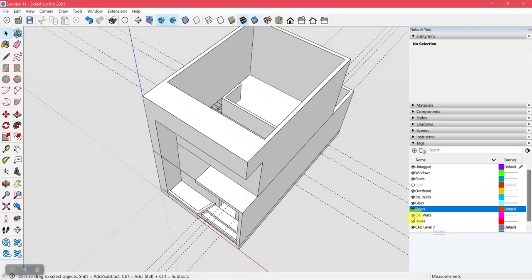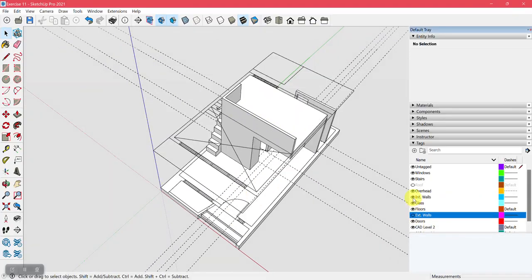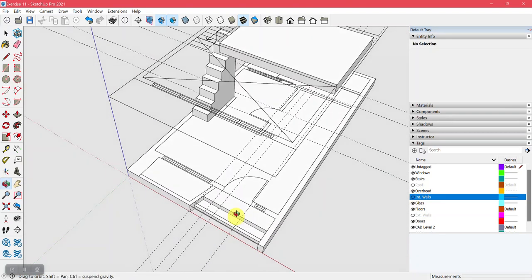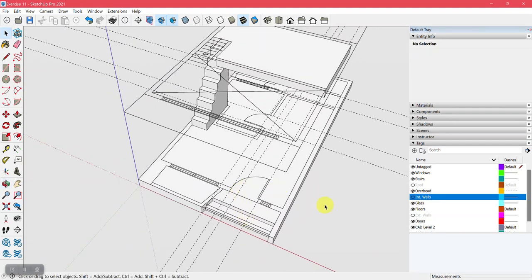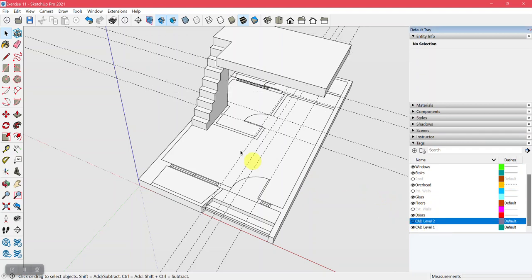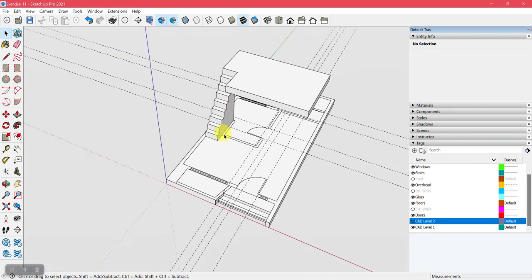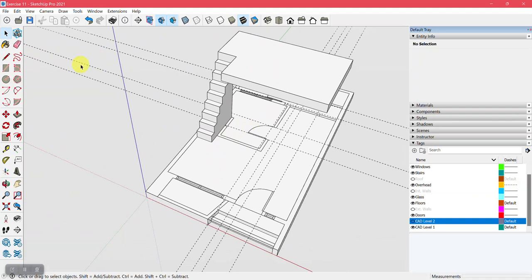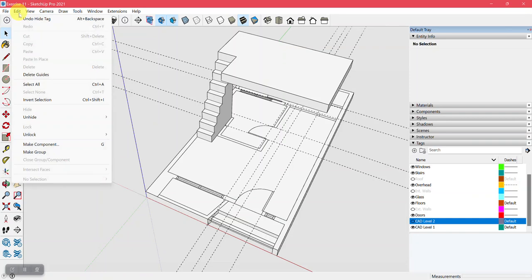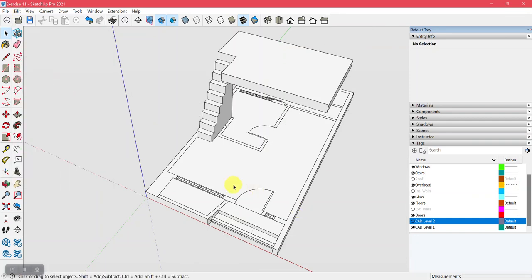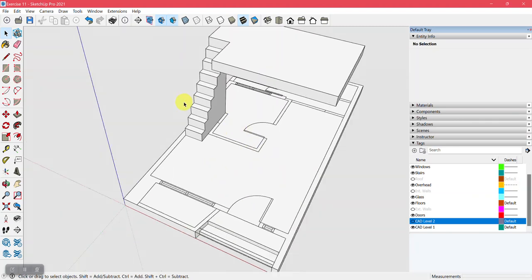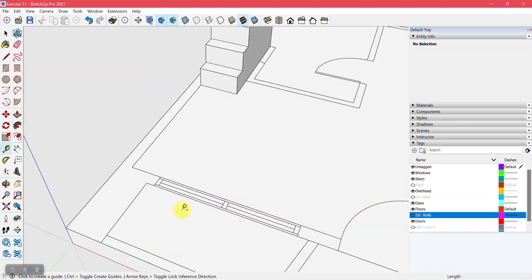So I'm going to turn off those exterior walls, turn off my interior walls. And let's first just focus on the first floor, so I'm also going to turn off my CAD level 2 so that that's not in the way. I'm also going to go ahead and erase all of my guidelines that I've created so far. So I'm going up to Edit and Delete Guides to get rid of all those so I don't keep confusing myself with more guidelines. Grab my tape measure tool,